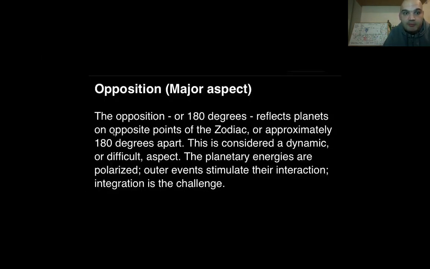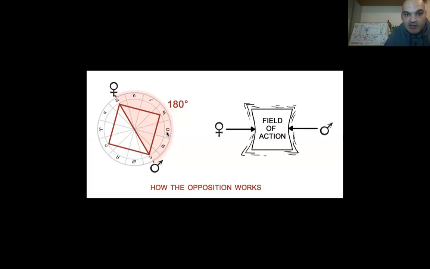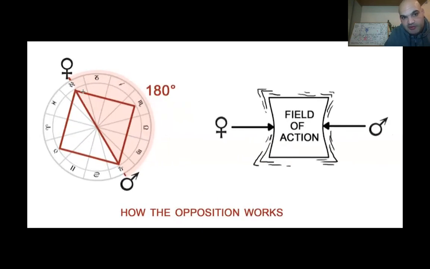So moving on, the opposition, another major aspect. The opposition, or 180 degrees, reflects planets on opposite points of the zodiac, approximately 180 degrees apart. This is considered a dynamic or difficult aspect. The planetary energies are polarized. Outer events stimulate their interaction. Integration is the challenge. So yeah, this is what you would call an opposition, where you have 2 signs directly